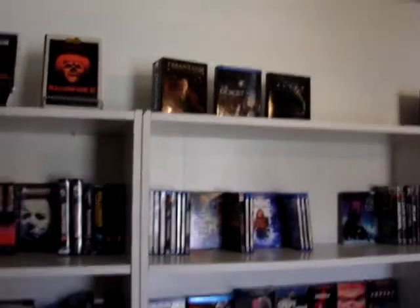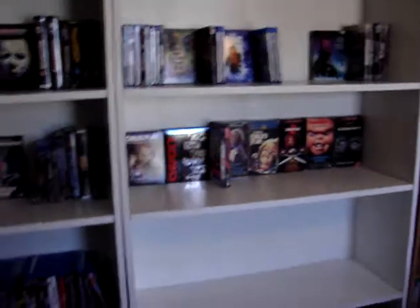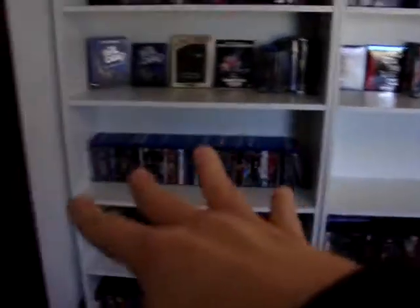But anyway, guys, I'm going to go ahead and start off with the shelf that's behind me. This is the biggest white shelf in my movie room, and then I'll move on to everywhere else around the room. So let's go ahead and get started. So here's the main white shelf, and as you can see, there is some extra space down here, and